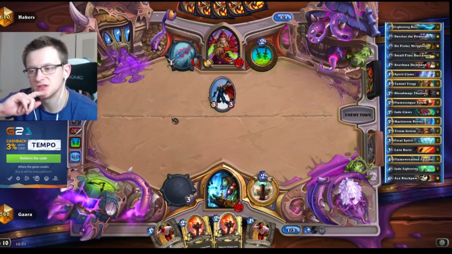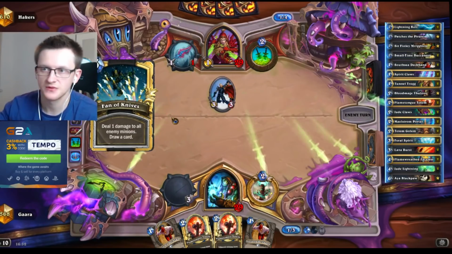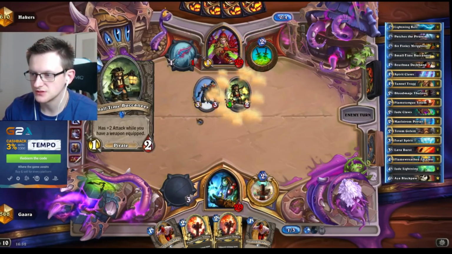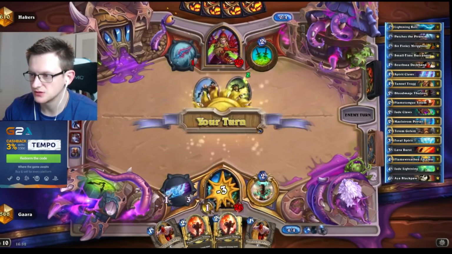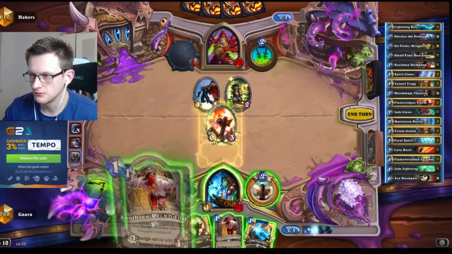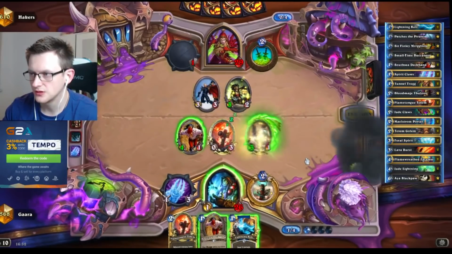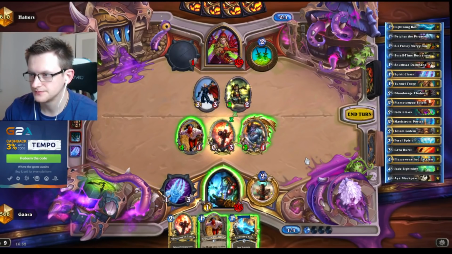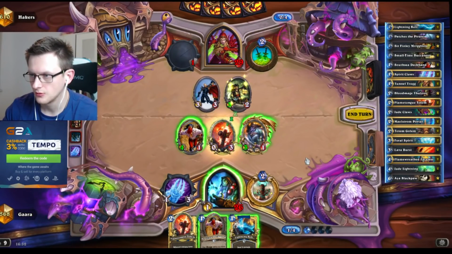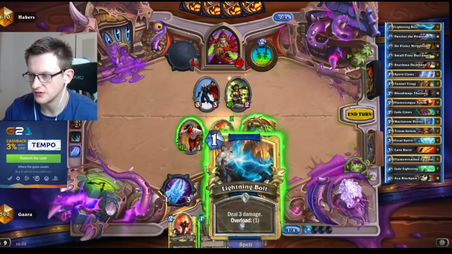The South Sea Deckhand is really good if you have a weapon. Thank God no 4-drop. But he has this one, so that's pretty bad still. So go for the flame. What I can do here is use my lightning bolt, or use my pirates. I don't think I use the pirate because of another flame totem, so I use the